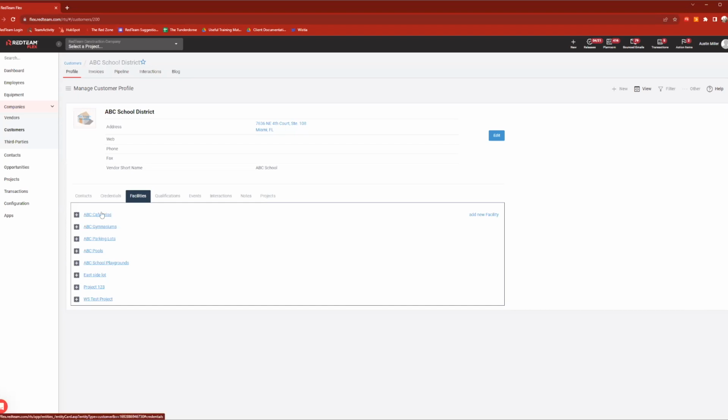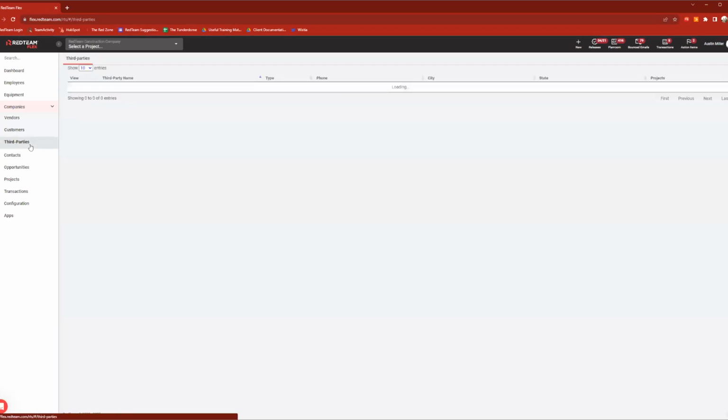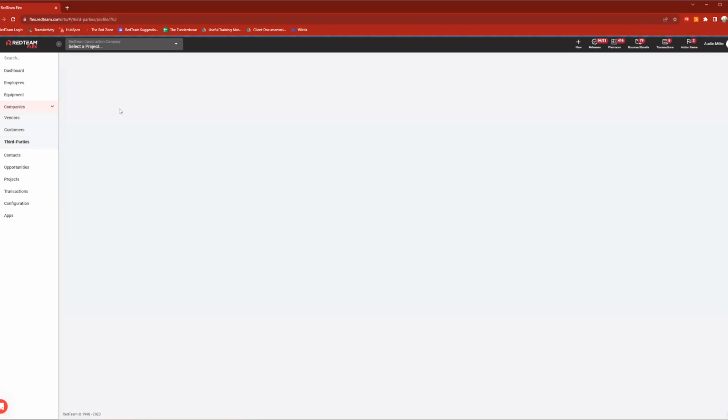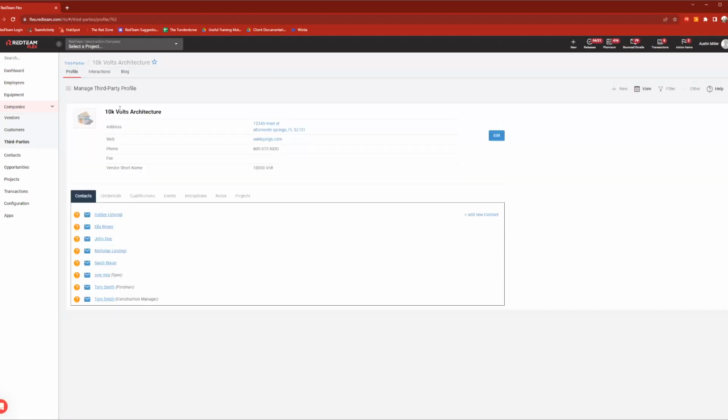So we'll hop down once more and take a look at third parties. And really, there's only one thing I like to talk about with third parties here. Other than that, everything else will be the same. We'll have an overview page. I click the plus sign to add new, or click on a name to go to their profile. But really the one thing that's different I want to point out is by default,